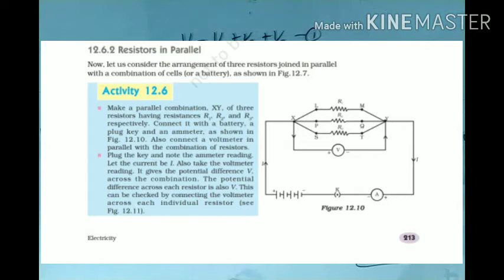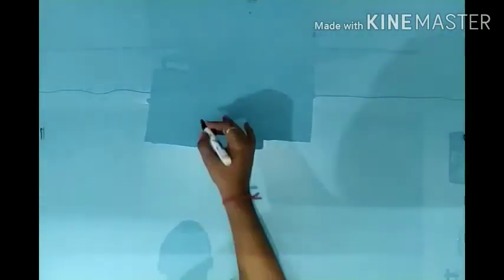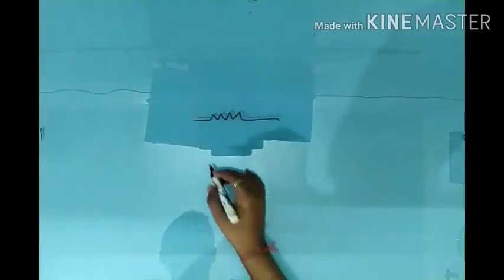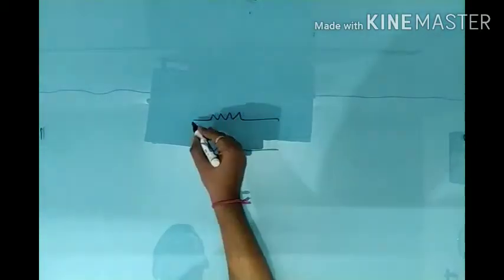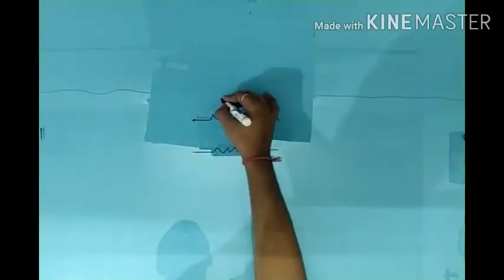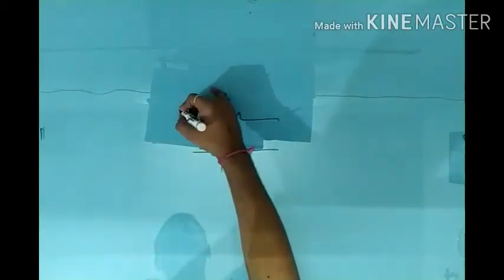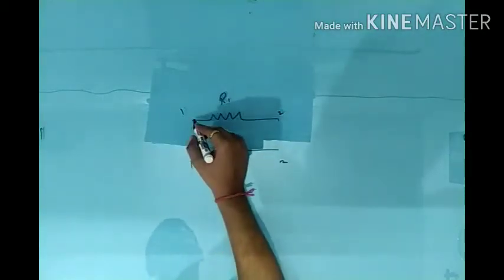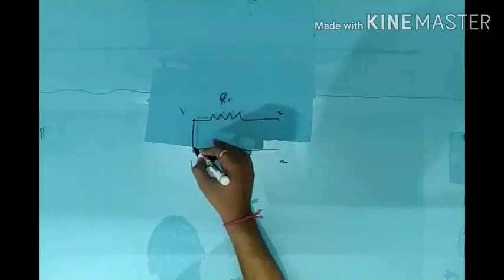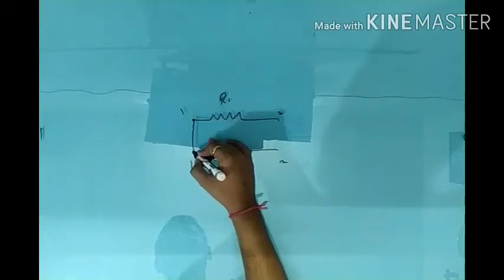First of all, we have to be clear about the names series and parallel. Now here is the resistance. We know that in case of resistance, let them be R1 and R2. There are two terminals, 1 and 2. Now, first of all, I have connected first with first, but there is no positive and negative terminal, so they can interchange. So, if we connect the first terminal of R1 to the second terminal of R2,